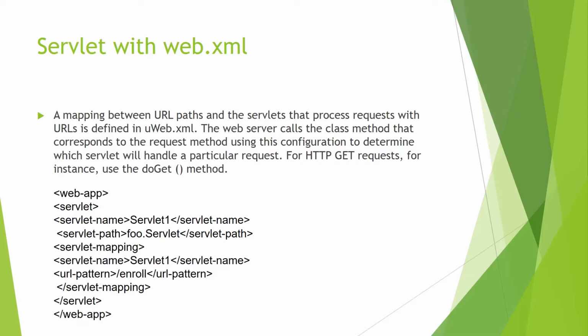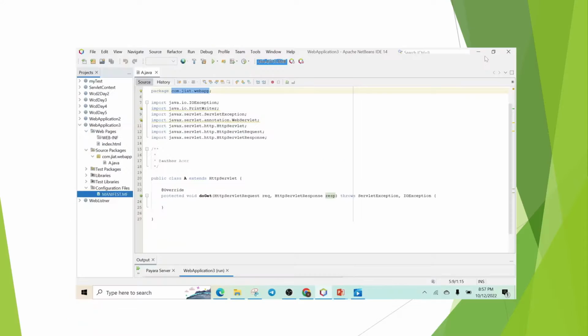Servlet with web.xml. A mapping between URL paths and the servlet that processes requests with those URLs is defined in web.xml. The web server uses this configuration to determine which servlet will handle a particular request, and calls the class method that corresponds to the request method. For an HTTP GET request, for instance, it uses the doGet method. This is an example for